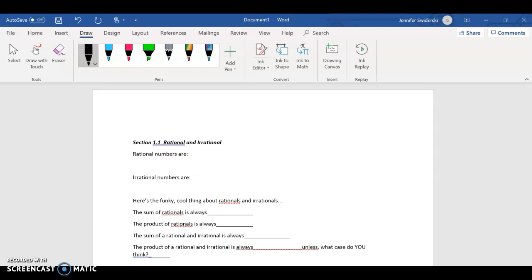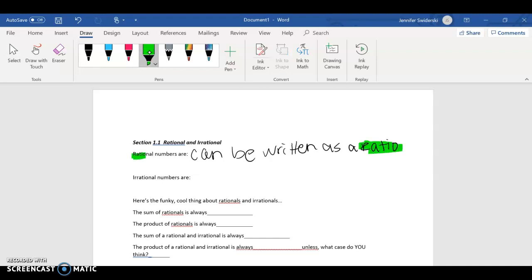So a rational number can be written as a ratio. If you look at the word rational numbers, the first few letters do spell ratio. So a rational number is a number that can be written as a ratio of two integers. Okay, so a few examples might be